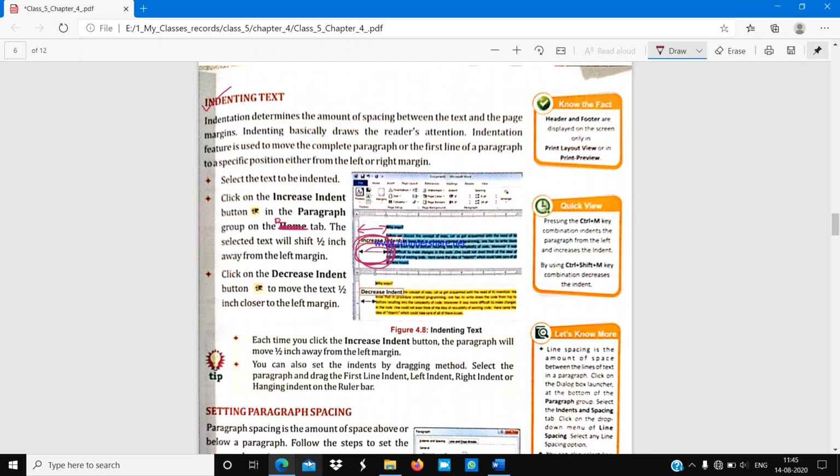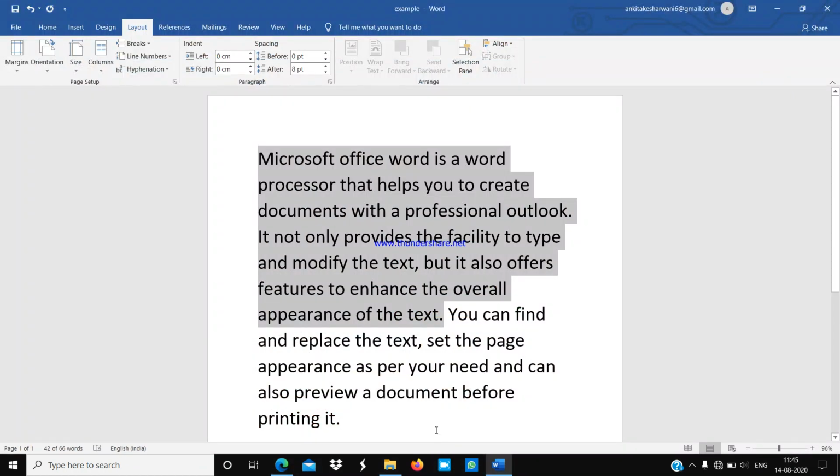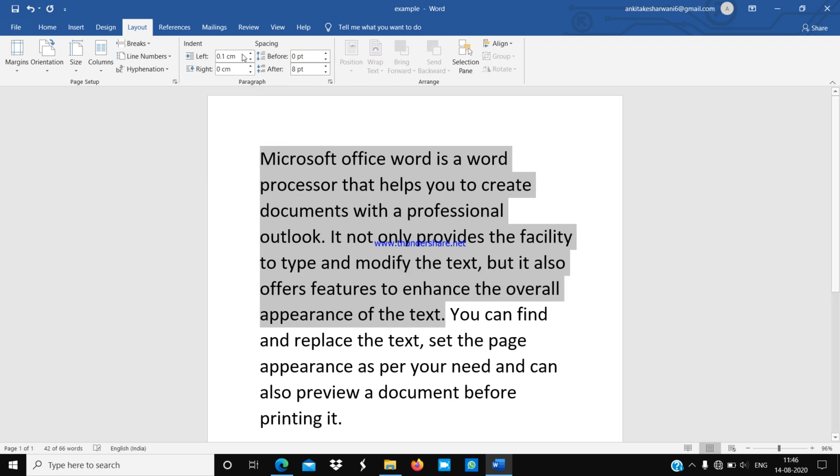So you can see here, this is the indent option. Click on the increase indent button in the paragraph group on the layout tab. The selected text will shift a half inch away from the left margin.